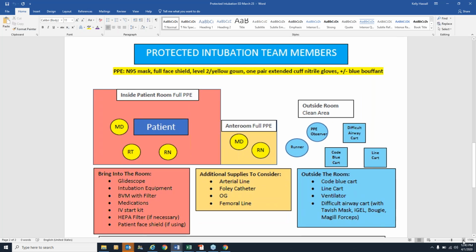There was discussion about clamping versus not clamping the ETT once the patient was intubated. But again, all of our intubations would be RSI. So the patient clamped the tube to prevent